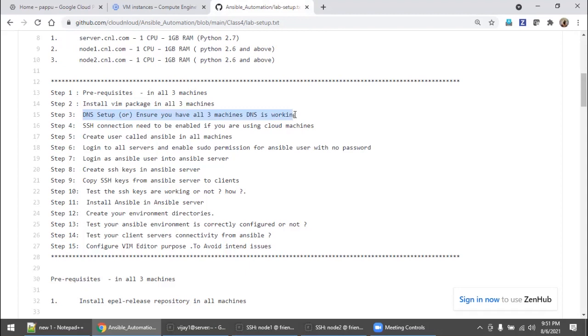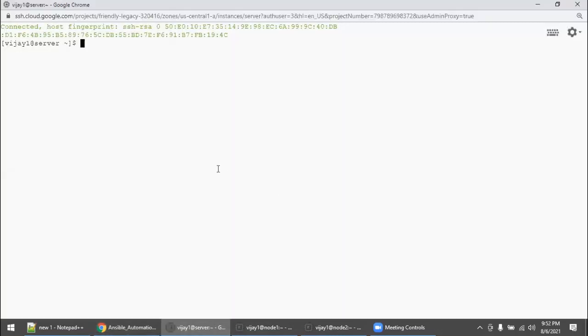If you are setting up on your local laptop using VMware Workstation or VirtualBox, then you need to go to each machine's etc hosts file and set it up properly with this kind of domain name. But if you are creating in cloud, then there's no need. And then SSH connection has to be enabled if you are creating your learning lab on cloud machines. Let's go and check.